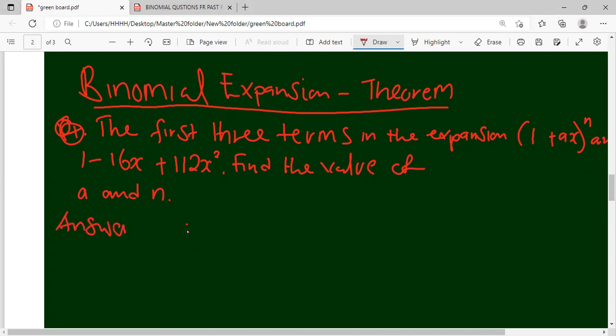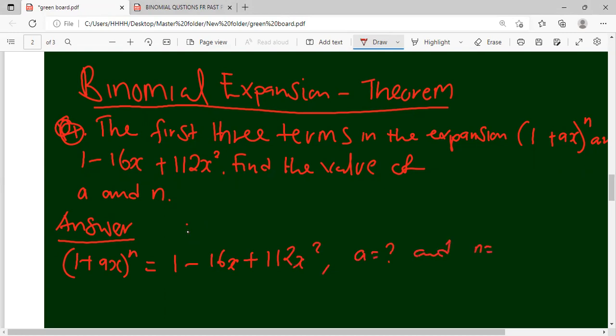Okay, and the question reads: the first three terms in the expansion of (1 + ax)^n are 1 - 16x + 112x squared. Then what is a? And we need to find n. All right. So to do that,